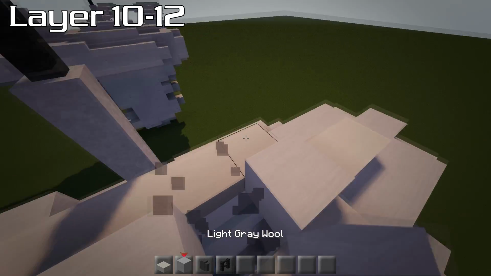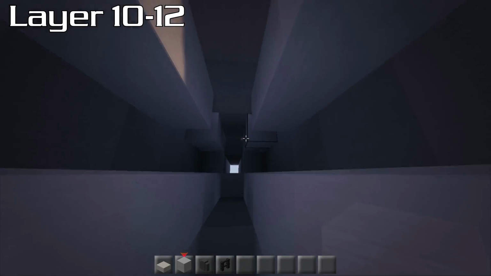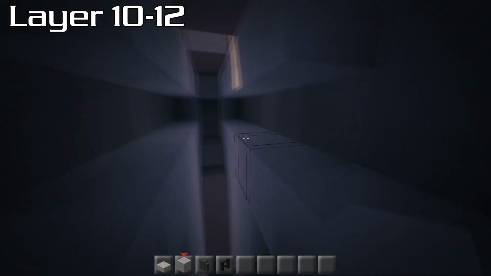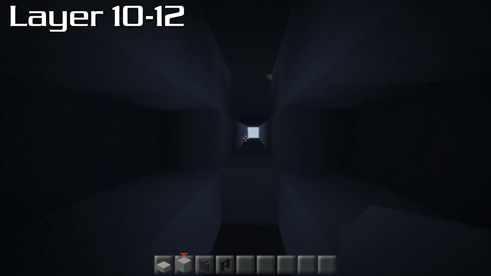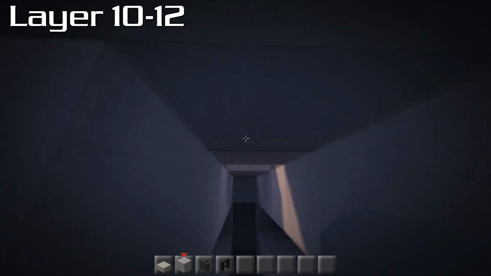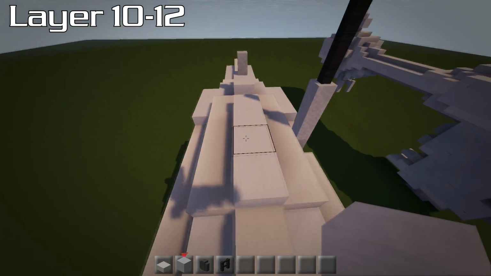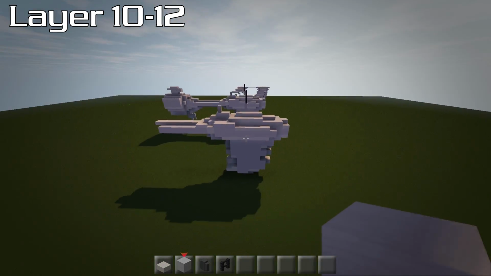You can go inside this one, obviously. It's just, I don't think you can really do too much with the interior. You've literally got this area here, and that's about it. You've got a tube, but you can't really do anything with the tube. So it's a bit of a difficult one for doing interiors on,